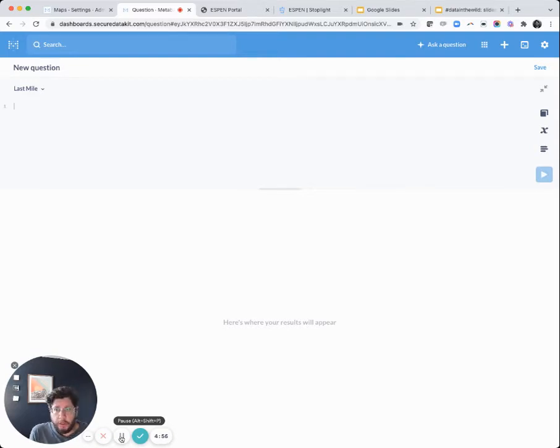So what we're going to show you here is how to use a SQL snippet in Metabase, which there's a reason I'm doing this. But we're also going to show you how we're actually using the cartography from ASPEN to create a map of the inventory of donated medicines in Western Kenya. Okay, that sounds like a mouthful.